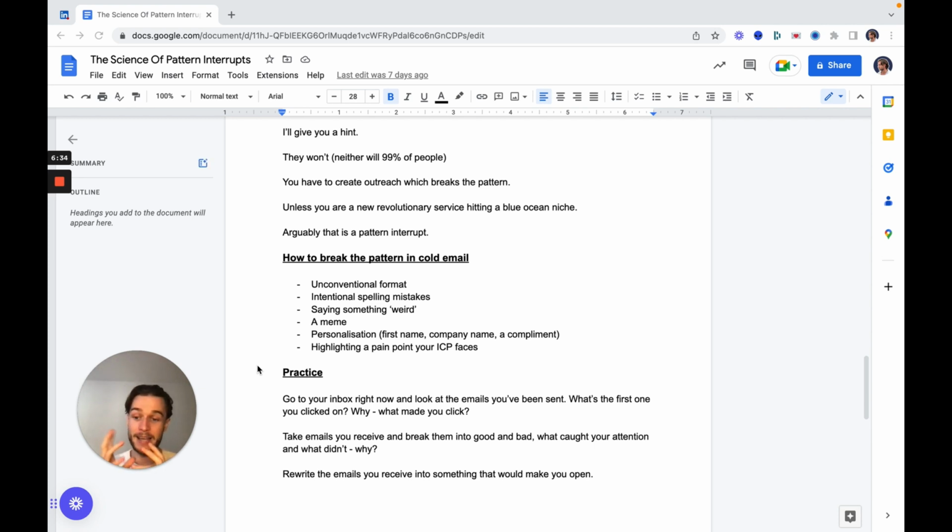Another way is an intentional spelling mistake. Now, I get a lot of heat for saying this. By the way, these are not original ideas from me. I'm just repeating stuff that I've learned myself. But an intentional spelling mistake is another really powerful way of doing it, because it looks like you've just blasted the mail from your iPhone, which makes it seem a lot more personal and a lot more like you've just sent it directly to them. Your effort has been put into it, and it's not just been blasted from an automation software